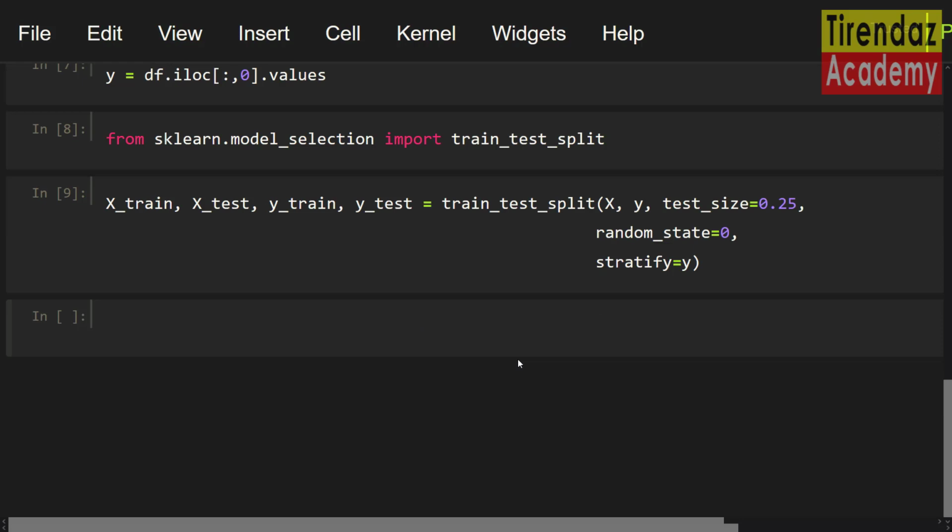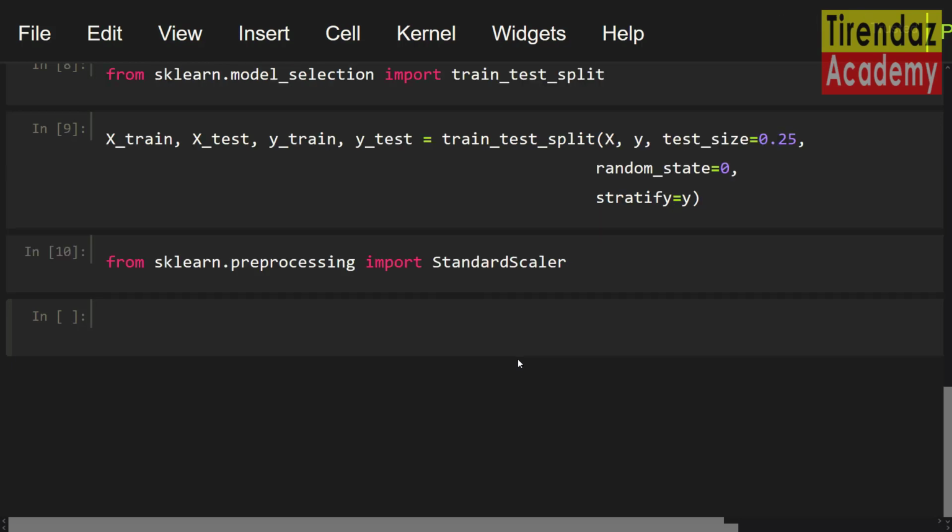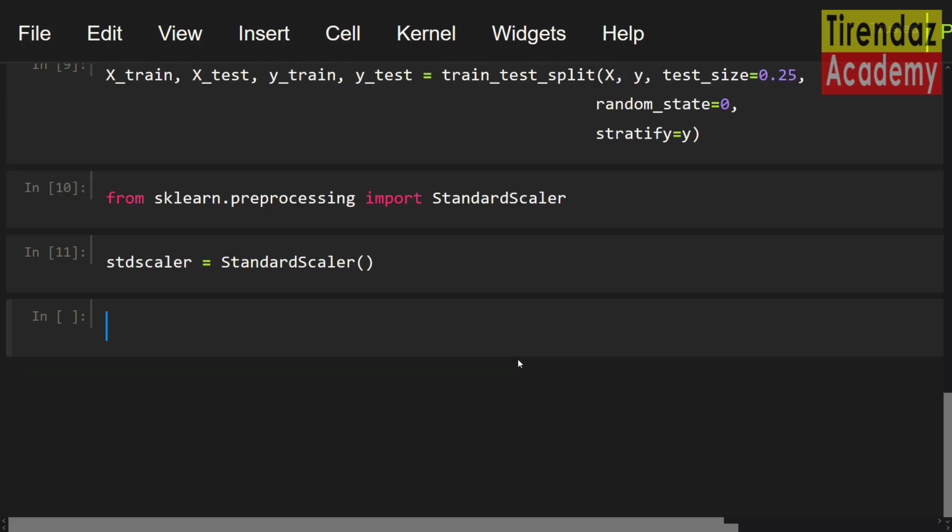To build a good model, I'm gonna use data scaling. To do this, let me import the StandardScaler class from sklearn.preprocessing import StandardScaler. Let's take an instance from this class. std_scaler equals StandardScaler. Let's train the parameters using the training data and transform the training dataset using these parameters.